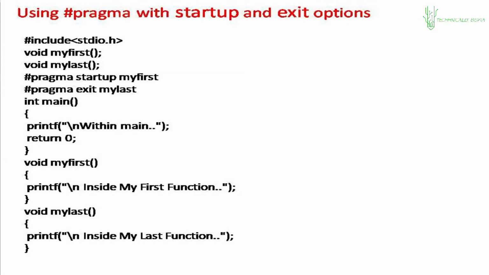Got it? After the program gets executed, after it is over, it has those two functions. Look at them, myFirst and myLast. But what will be the order of execution? At entry, since I have written #pragma startup first, at entry it will execute myFirst. At exit, it will execute myLast. That means in between it will execute my program. Got the example? It's a very, very simple example of how this Pragma works. Clear with this?